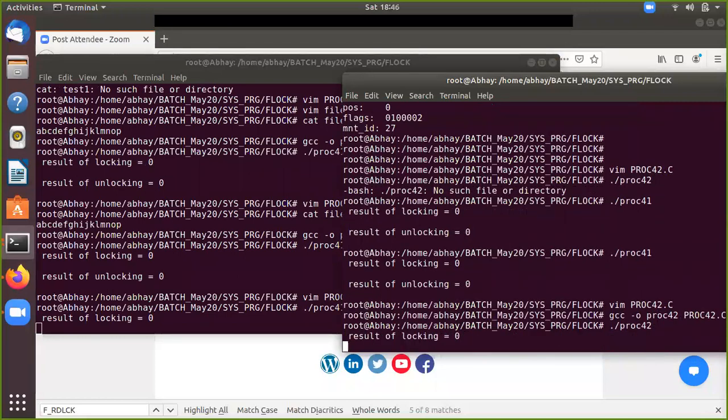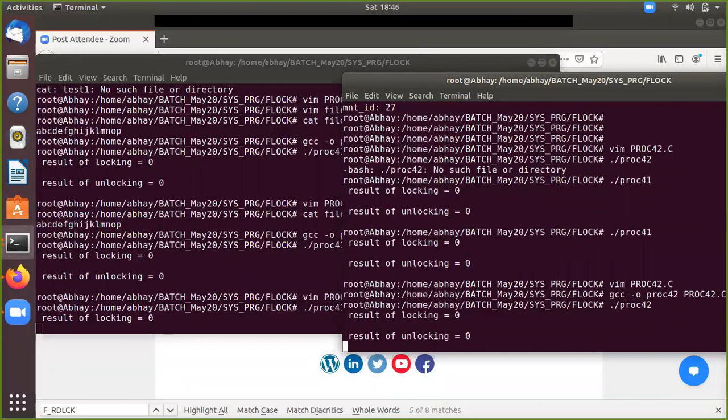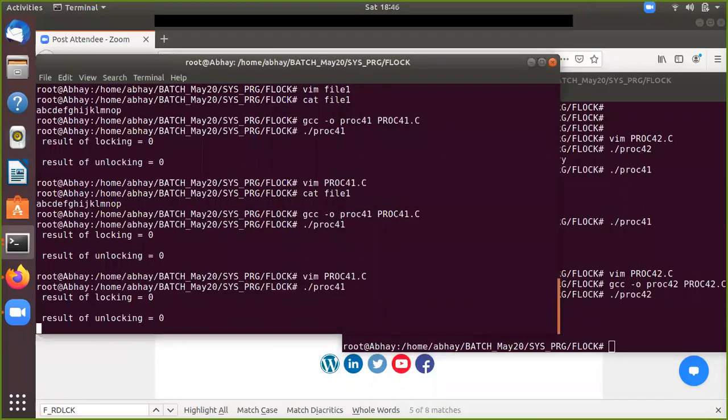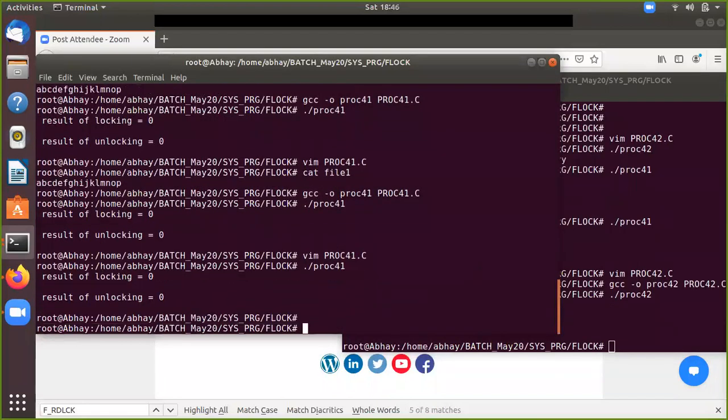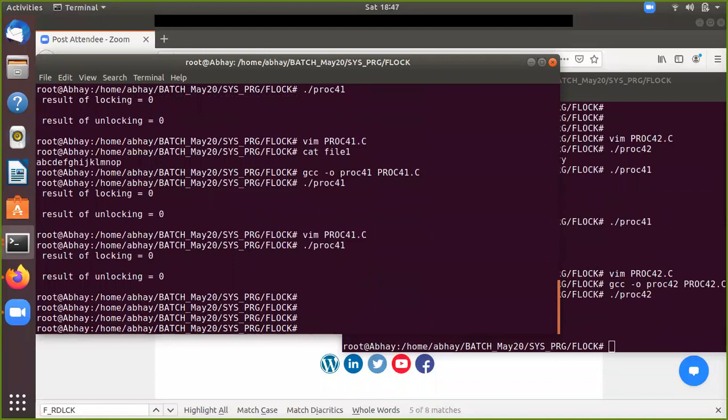The same file it is accessing, but this guy is accessing from 0th to 6th, and that guy has moved his file pointer to 7th, and from 7th he is holding a lock plus 6, right? Yes. So you can see that this guy has successfully grabbed a lock. So this is how, at least Nitin, I think this is the answer for your question. Either you can go with the lseek or you can go with the read.